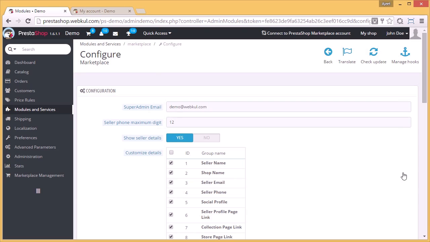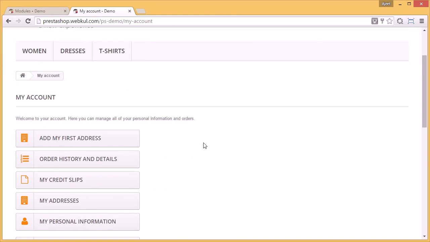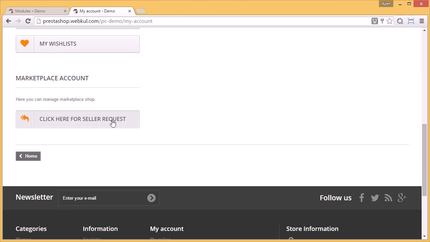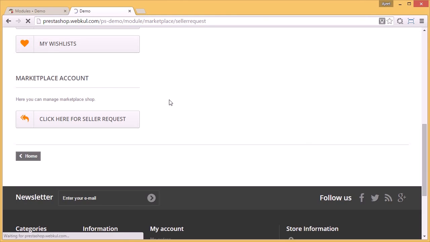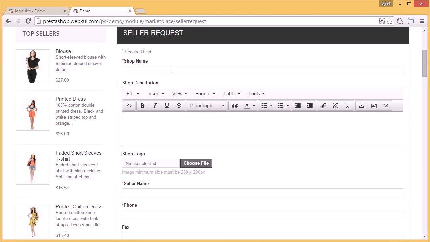Now to check the flow of the module, we have to go to the customer account where he can send the seller request to become a seller on your store. For that, he has to fill a form. Let's fill in the shop name, then the shop description, after that the shop logo,